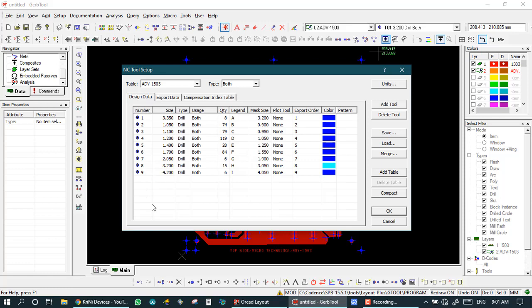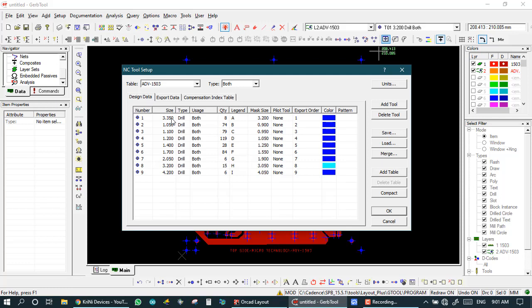It's because in double side in the production house, after drilling we need the PTH department. In this the hole is filled with some copper, so its size is decreased because of this copper.